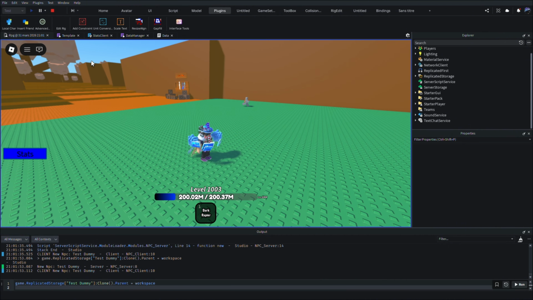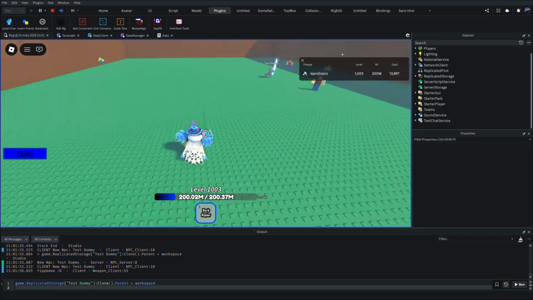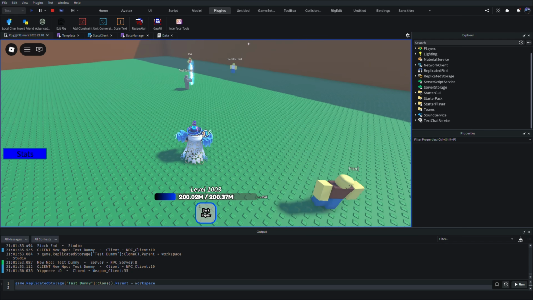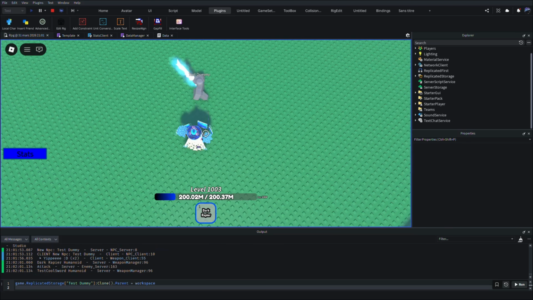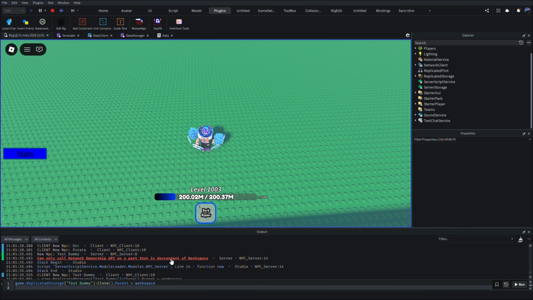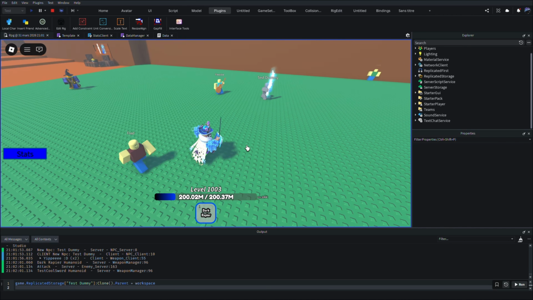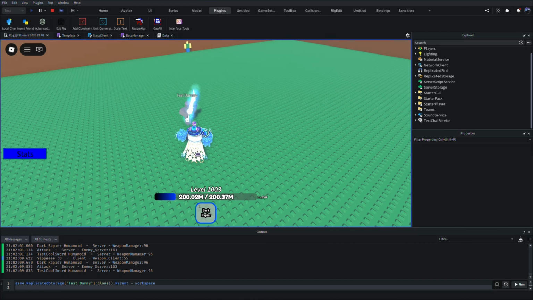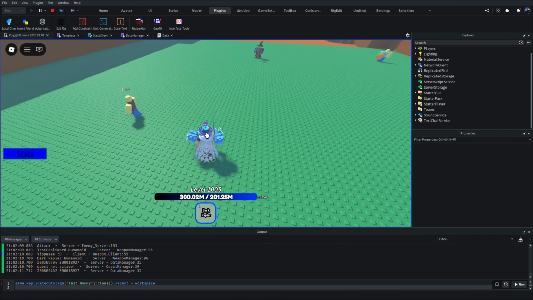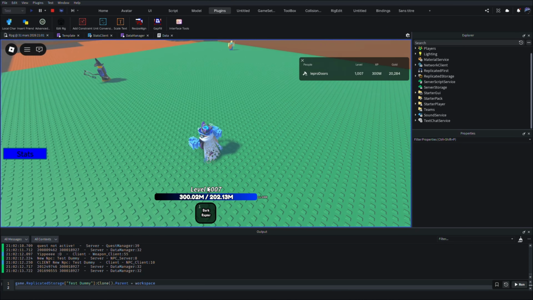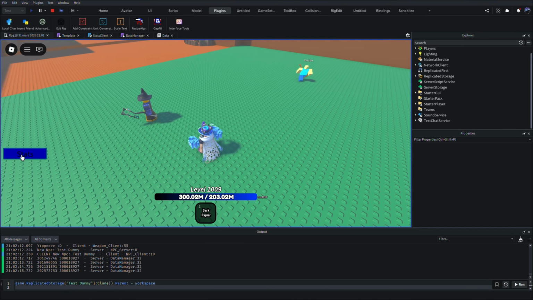Perfect. Now that's just gonna give us like 100 million XP. Okay. What? See? And obviously stat points aren't going up, but